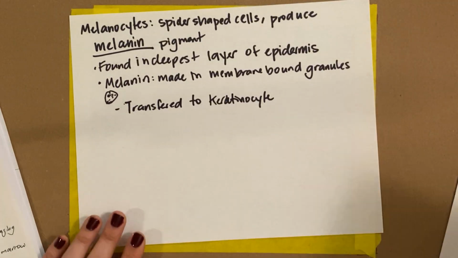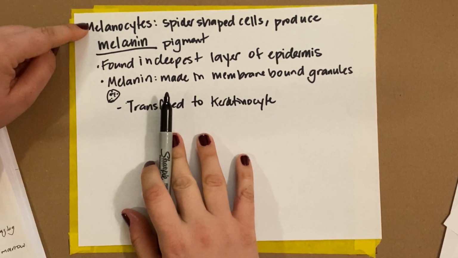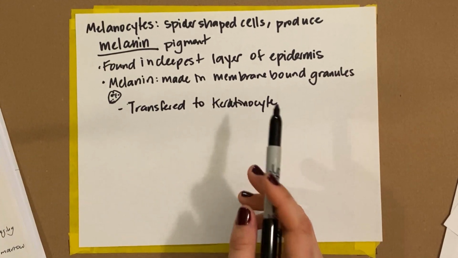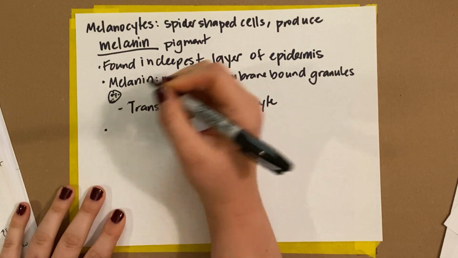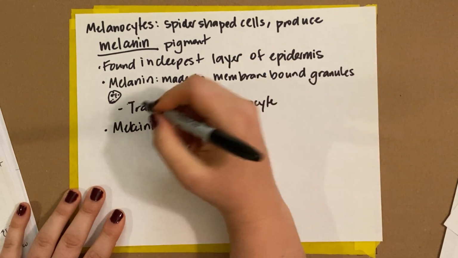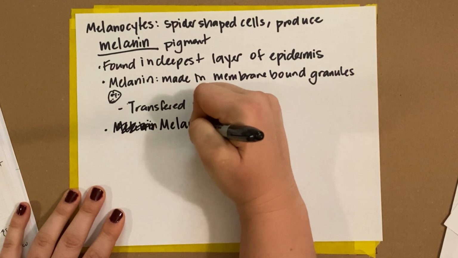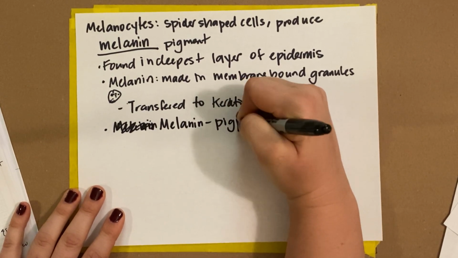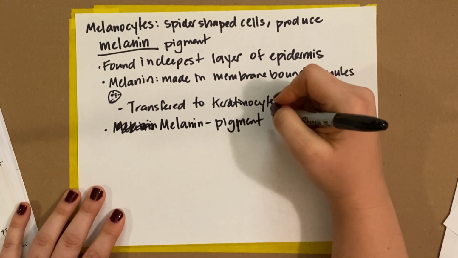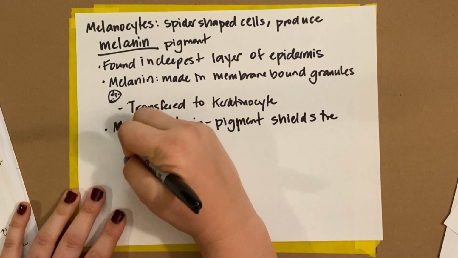Okay, I just want to make this clear. Melanocytes make them, but they're not stored in the melanocytes. They're then going to be transferred into the keratinocytes. Now melanin is a pigment. Like I said, oops, that's not how you spell that. Melanin. Okay, let's write that over. Melanin. So pigment. Ooh, very bad spelling right now. Pigment that shields the nuclei